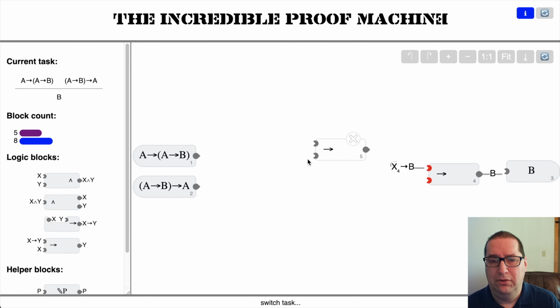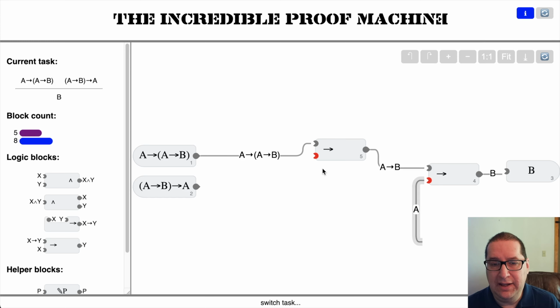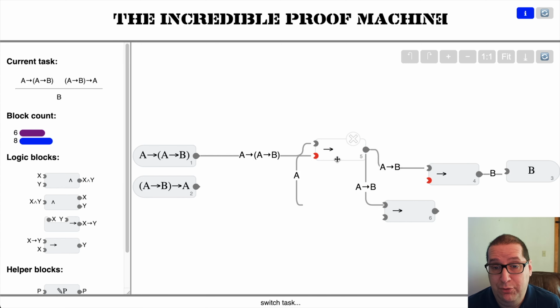So somehow we want to use this, right? And for this we need this bare A hanging out. And for this we need this bare A hanging out. But we don't have an A. But we do have A implies B implies A. So could I do something wild and crazy, like also use the A and B we will have proven from here,